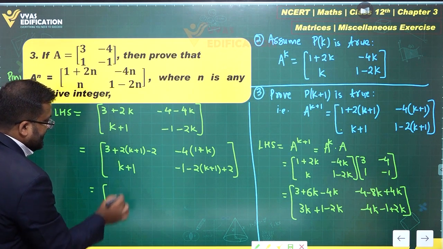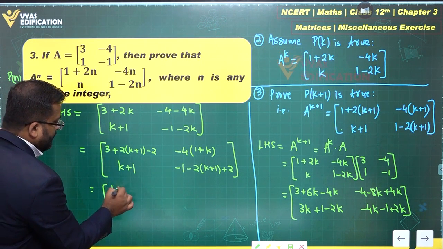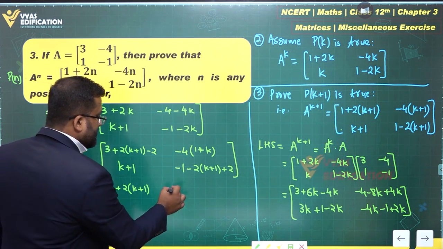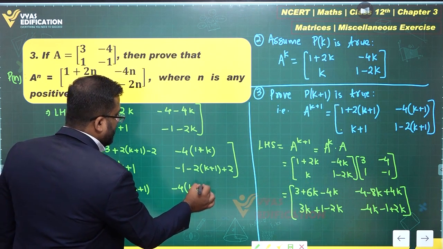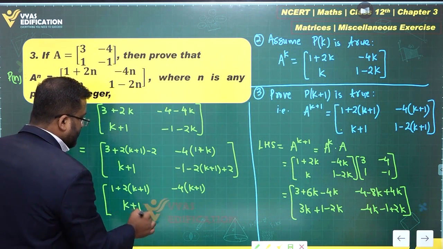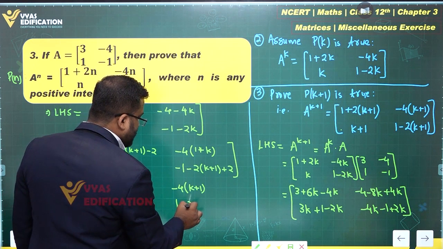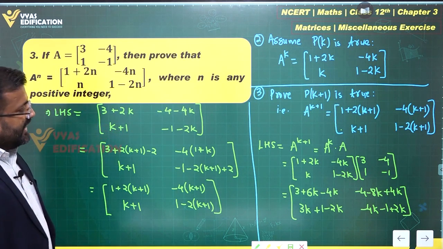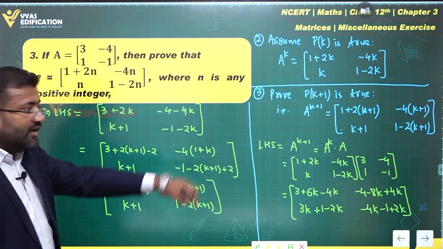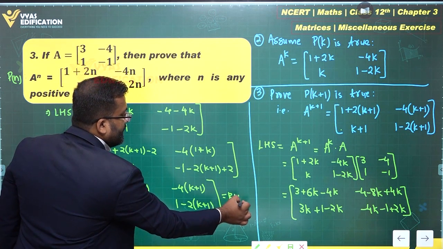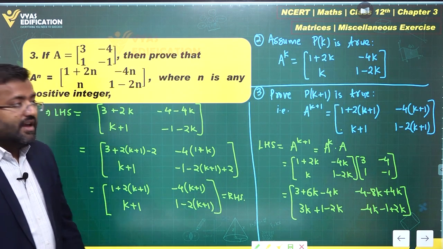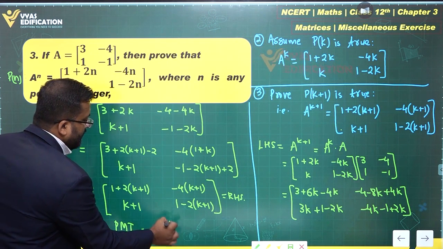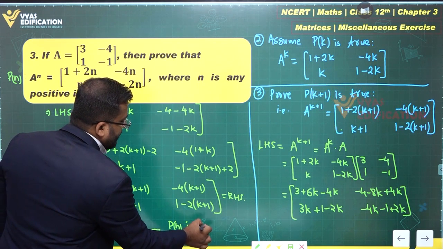And now you can see the required form. This is 1 plus 2 times k plus 1. This is what you have over here. What is this? This is minus 4 times k plus 1. What is this? This is simply k plus 1. And what is this? This is 1 minus 2 times k plus 1. Over here, this is a complete matrix, right? This is a complete matrix, and this is equal to the RHS. That's the proof. And since 1, 2, 3 are true, so by PMI you can say that Pn is true